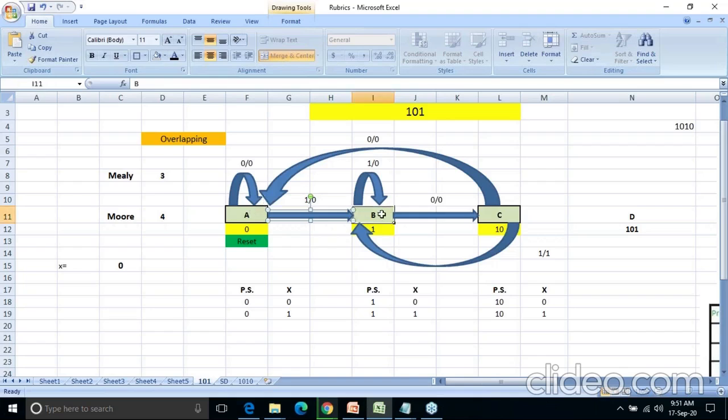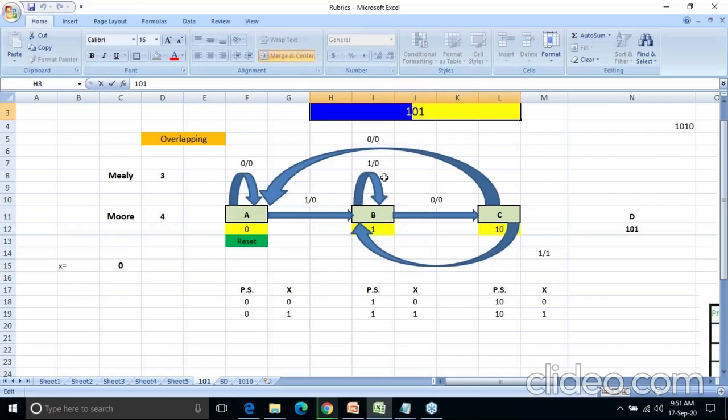Now I am in state B. Is it clear? I have completed A. Now I am in state B. What is meant by state B? That 1 is already detected and you are starting to detect 1 0. Now again at this part where I have detected this 1, the first bit of the sequence, I need to search for 0. So I have two options again in state B, the input might be 0 or might be 1.